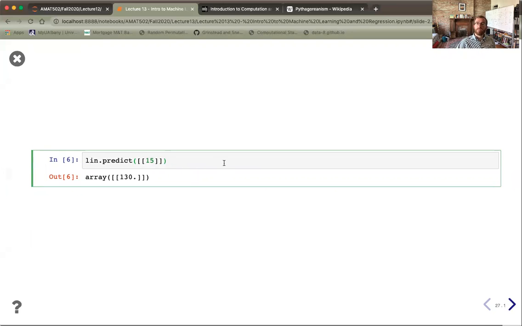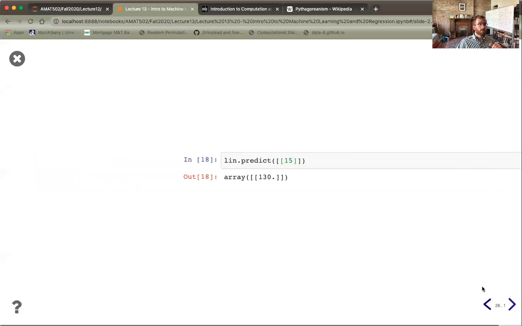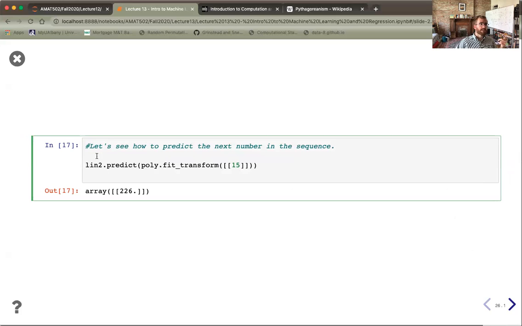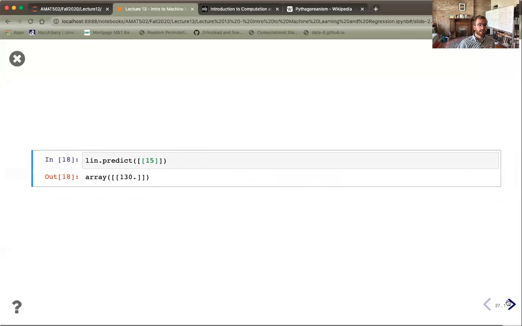Now, let's compare that with the timeline where we just used the linear model. We got 15, predicted value would have been 130. So what this is saying is that here, if I use the linear model instead of my quadratic model, my predicted value associated to 15 is 130. Whereas over here, when I allow myself to use a quadratic polynomial, the predicted value associated to 15 was 226. Obviously, these are radically different. And just given the fact that our number does look like it's a squared plus 1, and indeed 15 squared is 225, so if I add 1, that's 226, then I have actually extracted my correct model.